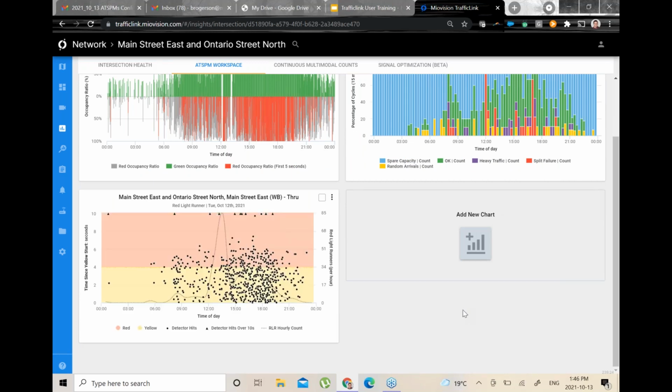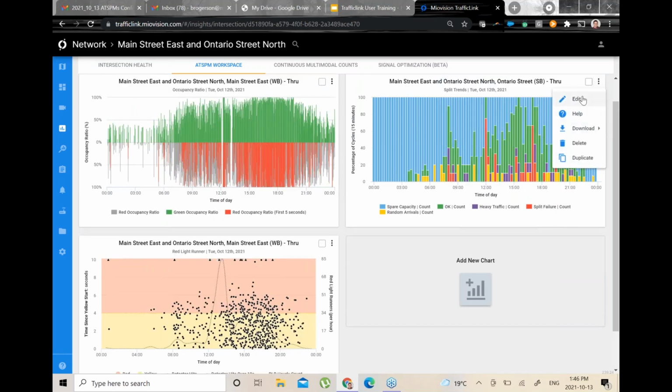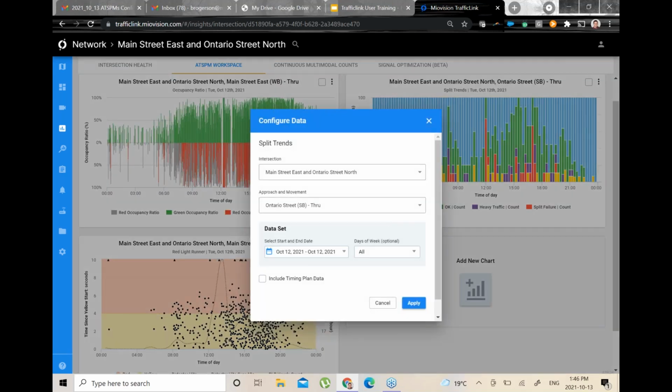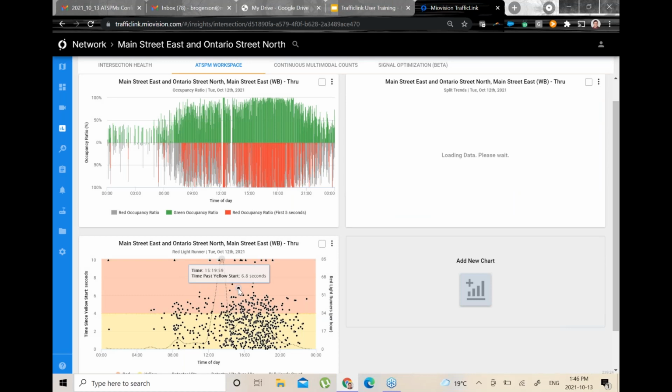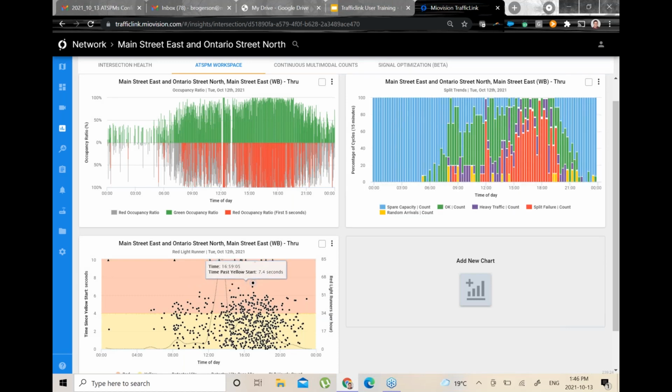And well, yeah, look at that. So this is our westbound traffic. And if we actually switch this chart, you can go back and edit any one of these charts at any time. So let's look back at that westbound through. Each one of these charts now is westbound through, and we're somewhat combining some of the information here.